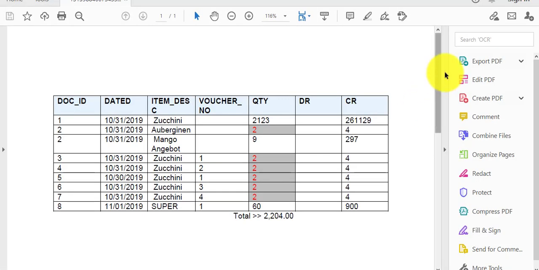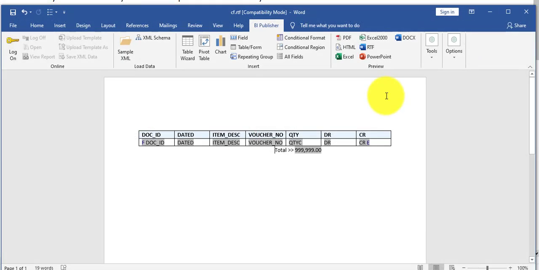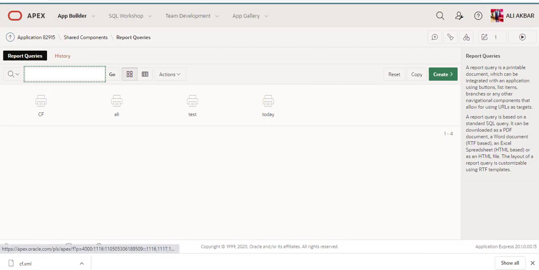You can bold the amount, you can change formatting, background color, font color, you can hide columns, you can use choice and if.